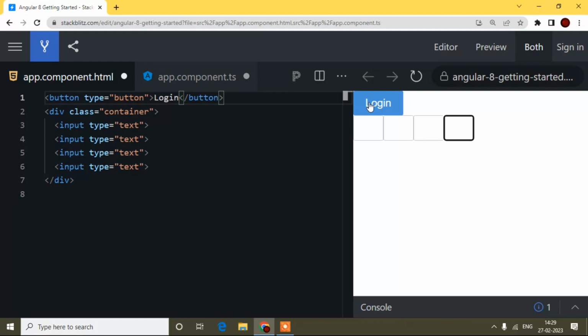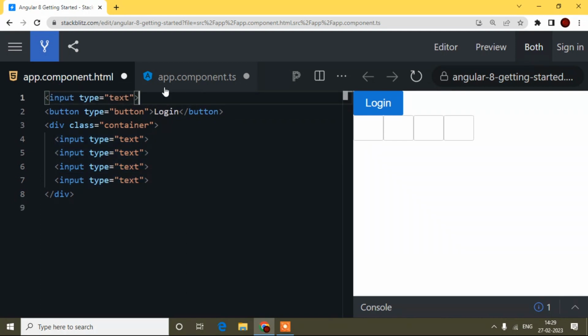So guys, now again there are two scenarios you can face. One is that this login and this OTP field can be on the same page. Login means, suppose this is the login input field.